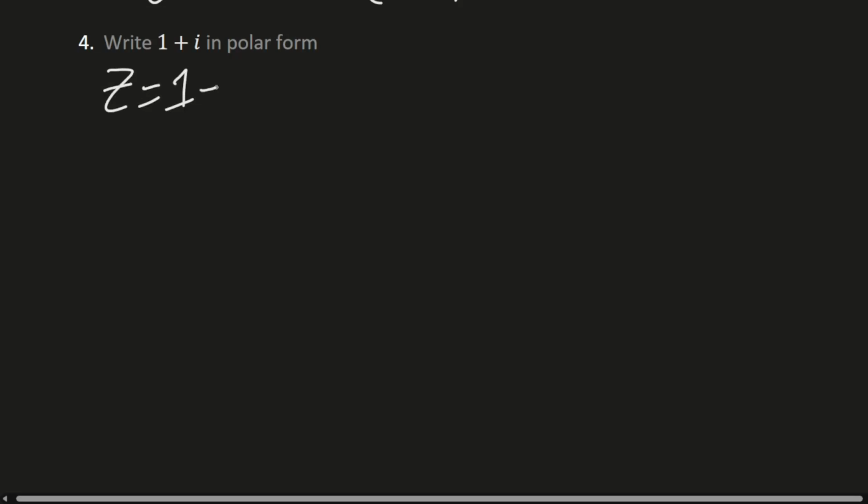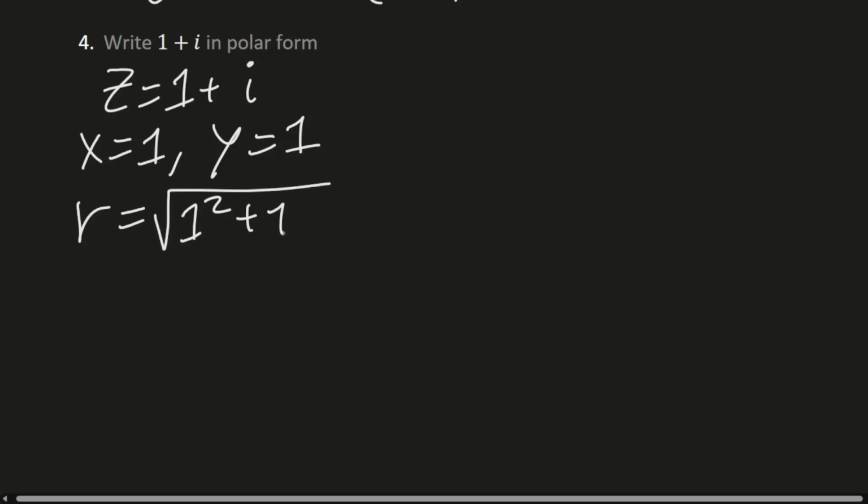Z is equal to, so we put it back in that form, Z is equal to 1 plus i. And then x is equal to 1, y is equal to 1. And so our r is equal to the square root of 1 to the power of 2 plus another 1 to the power of 2. You get square root of 2, right? And then,